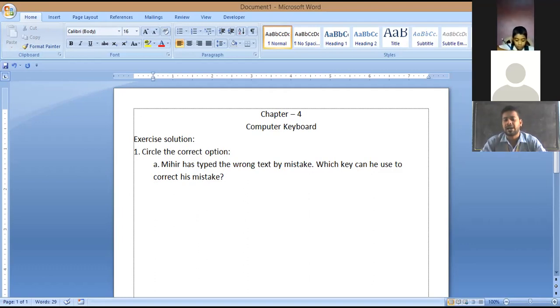Just now we have discussed that to correct something, if we type a mistake, we can use the backspace key as well as the delete key also. It depends on the position of the cursor. Since here the position of the cursor is not given, the correct answer will be he can use the delete key as well as the backspace key. That means option 3.